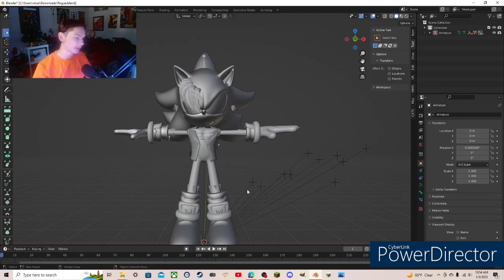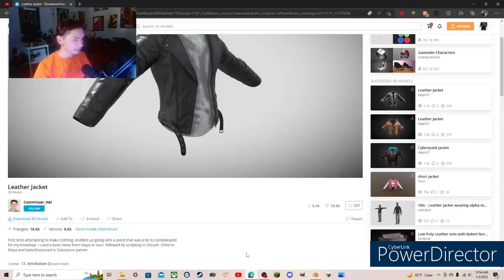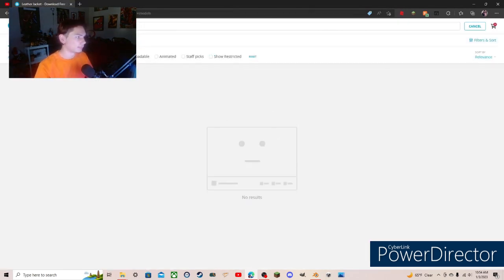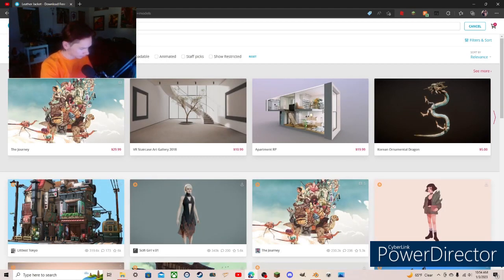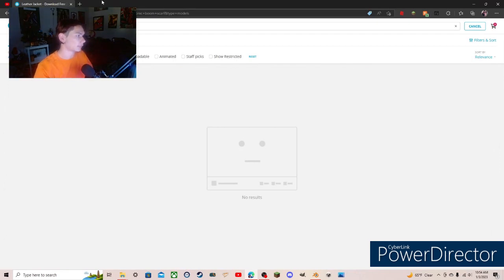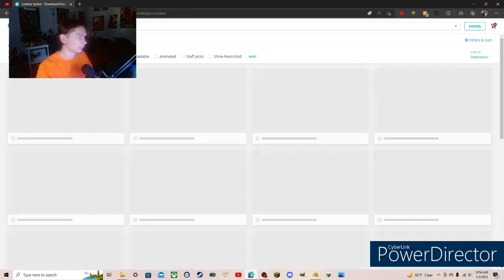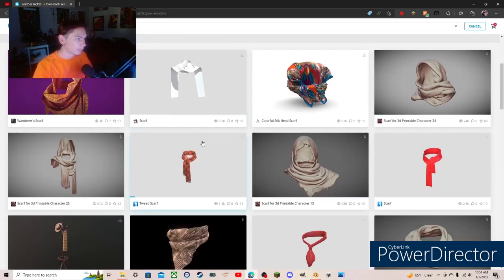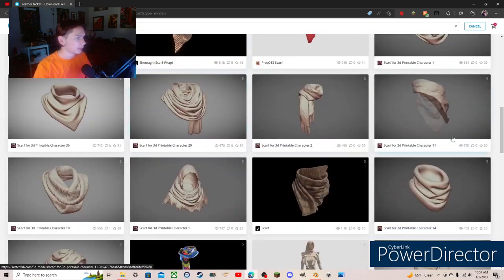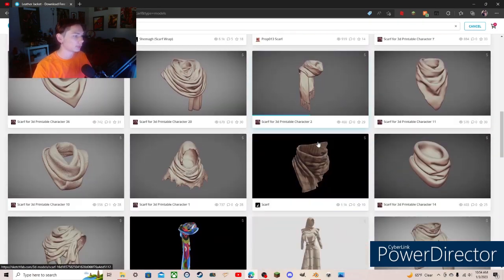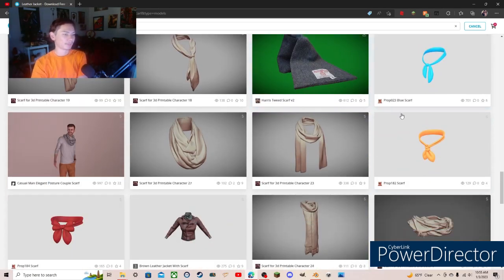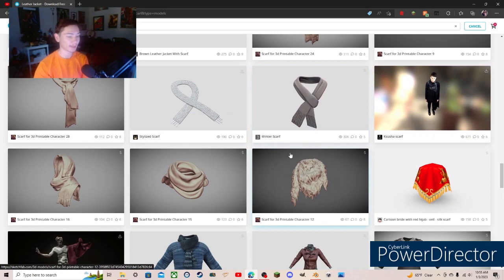Now I'm going to do the same thing with another bit of clothing, which is a scarf. So, Sketchfab, downloadable, scarf. Okay, just going to look up scarf. Oh, I know that one, I'll have to pay for that one. So we're just gonna be looking for a particular shaping of a scarf, and this is the same method as the clothing that I showed before,